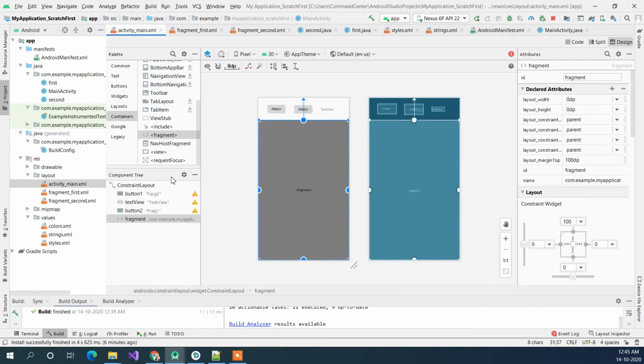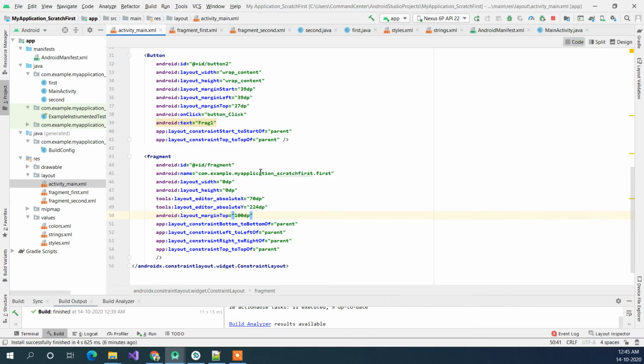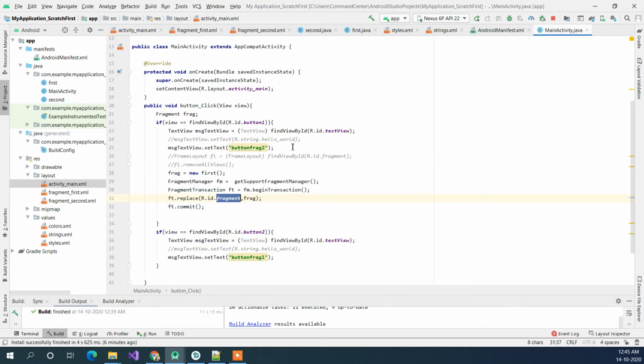like this is the ID we have, right? And if we go back again, this is the ID. So we get the ID and we are replacing it with this new object, and we need to do a commit on it.